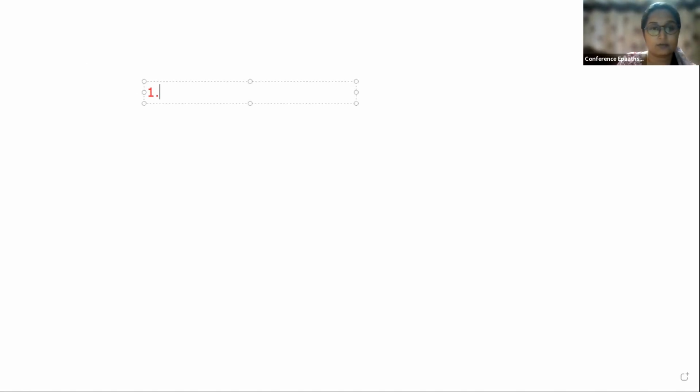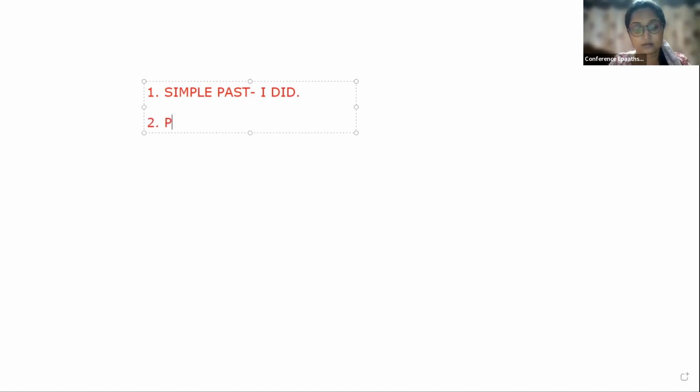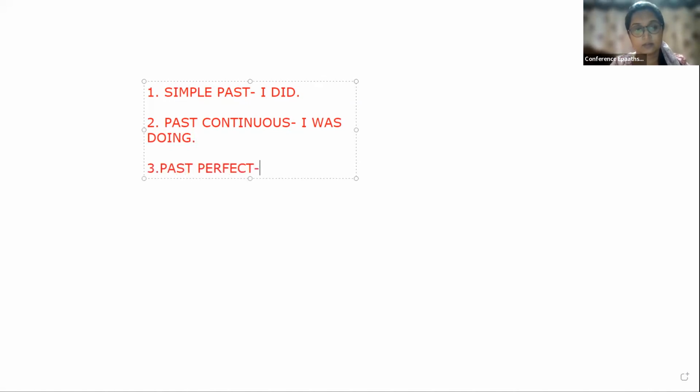There are four tense: simple past, like I did, past continuous, I was doing, past perfect, I had done, and